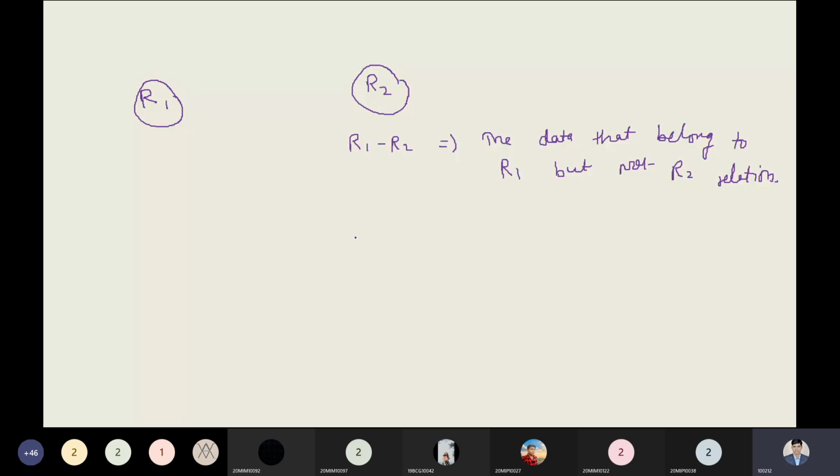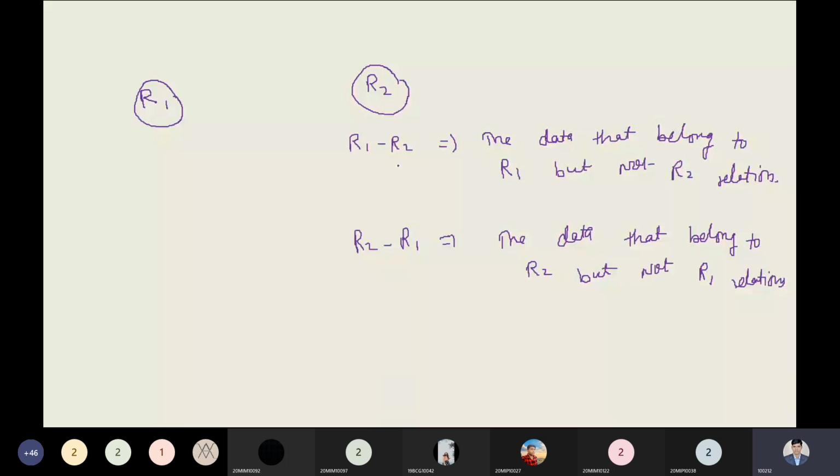What R2 minus R1 tells us is the data that belongs to R2 but not R1 relation. This is the key term you have to keep in mind properly.